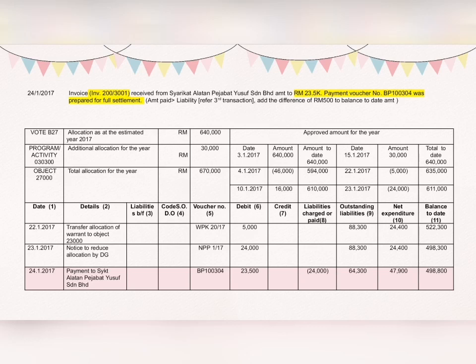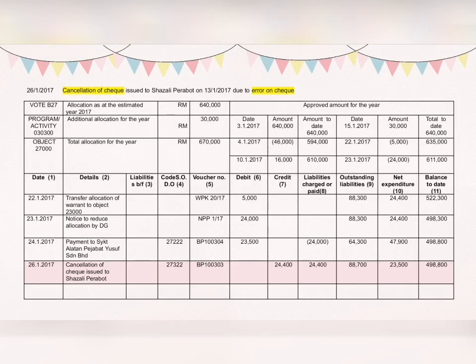Alright? So now, in the second last transaction, there is a cancellation of check issued to Shazali Purabot on 13th of January due to error on check. This means that we need to adjust the entry that we did on 13th of January. So we need to reverse back the record by recording the amount issued on 13th January, which is 24,400 under credit column. Record it back as a liabilities charge, increase the outstanding liabilities, decrease the net expenditure, and the balance